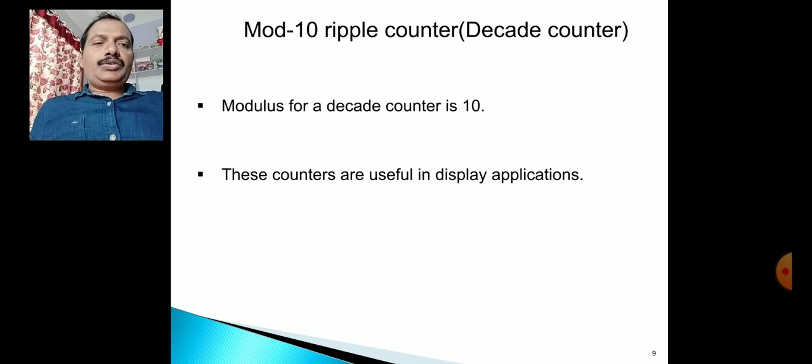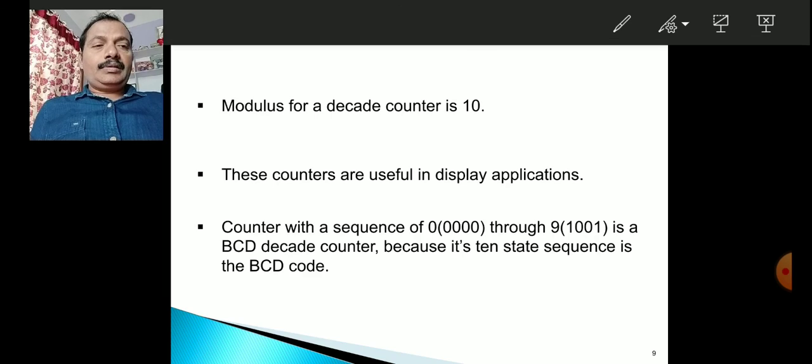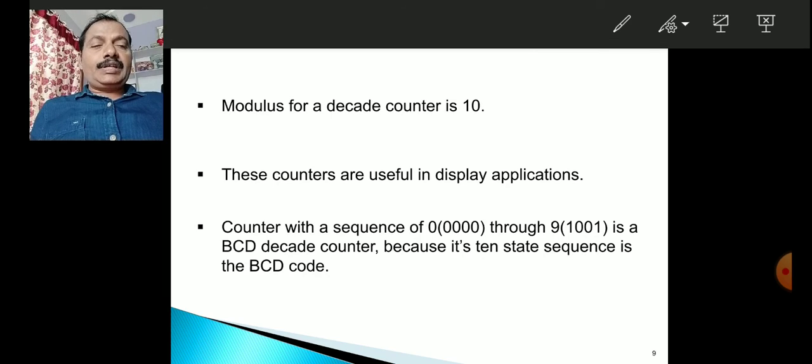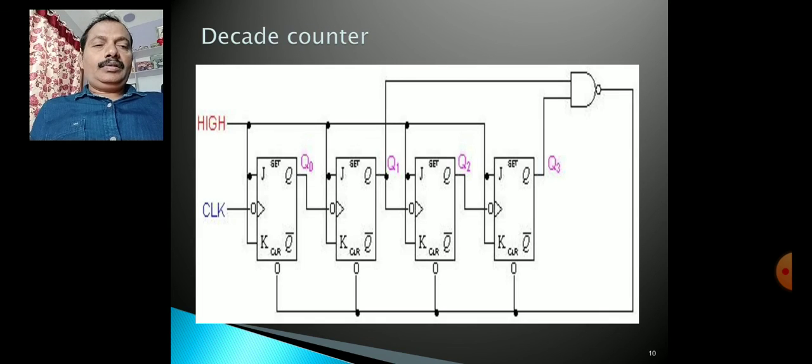These counters are useful in display applications. A counter with the sequence 0 through 9, that is 0000 to 1001, is a BCD counter, because its 10-state sequence is the BCD code. So this is the decade counter we have. Observe here, for a decade counter,